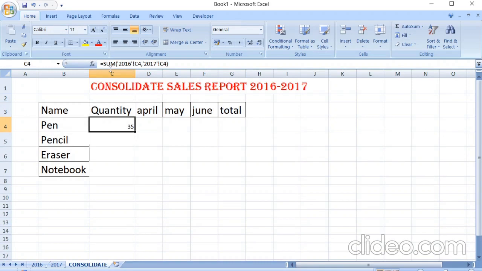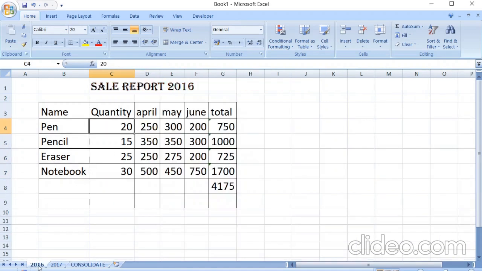So SUM is the formula which I am putting in brackets. In single quotes I am putting the first sheet name, exclamation, then the cell address, comma, single quote, second sheet name, exclamation. So this way, if I drag, you will see it is doing the total of all.